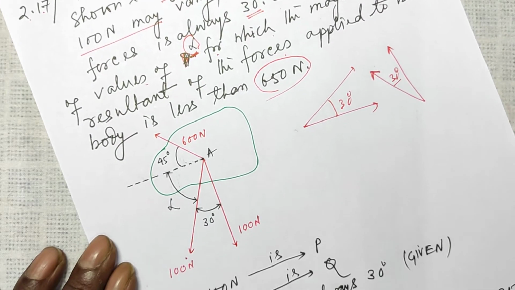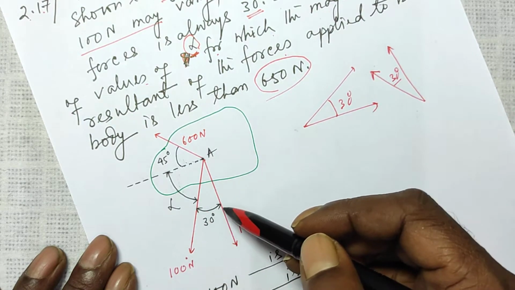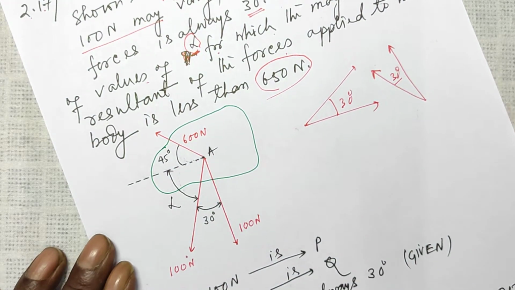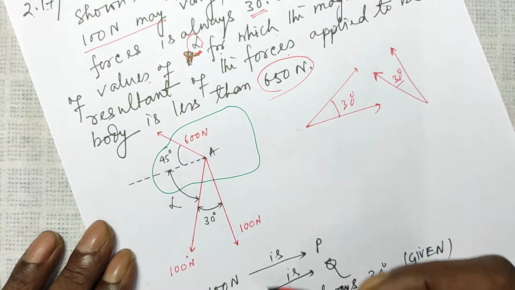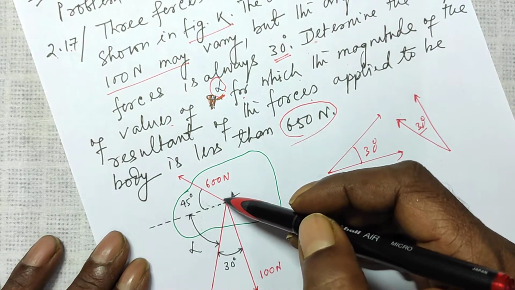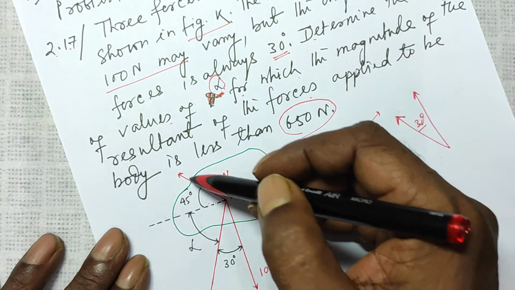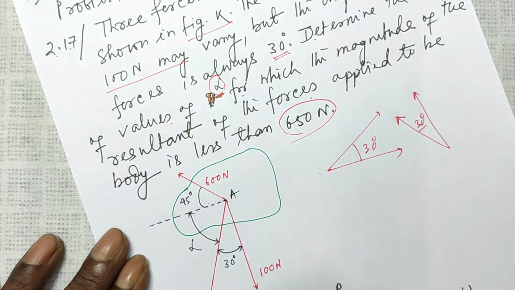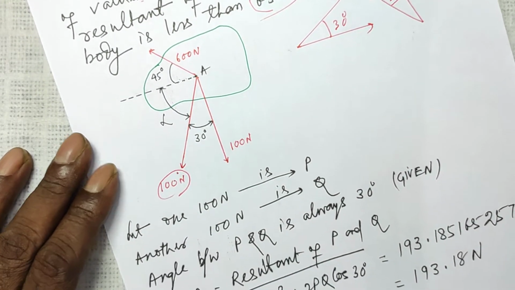What is given in the diagram is that this green one is the body, this is the point A, 100 Newton at 30 degree, this is horizontal, this 600 Newton is acting at 45 degree. Of course, the diagram is not drawn to scale. You might ask, if from this point to this point is 100 Newton, then how is this one 600 Newton? This arrow should have been bigger, six times more, because the length of an arrow in a vector represents the magnitude of the quantity.